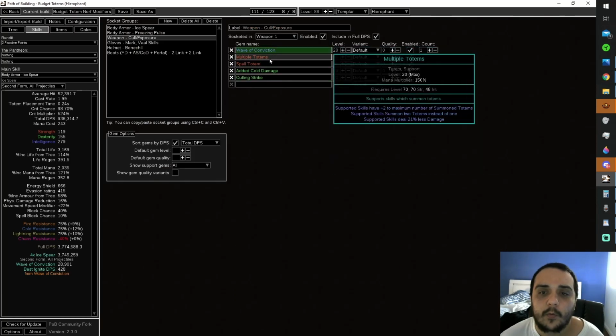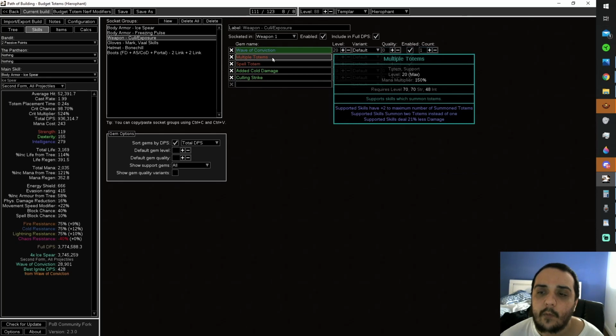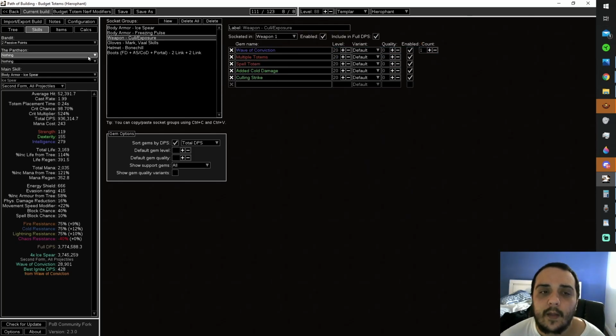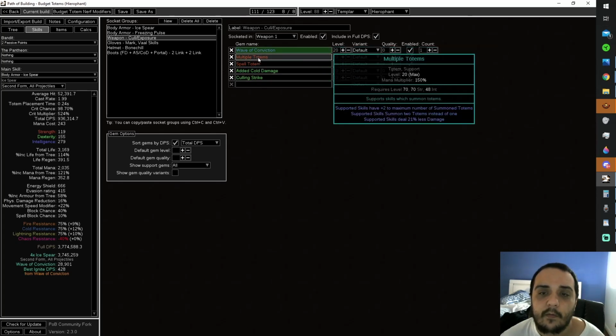We don't want to use multiple totem support in our main links because that's going to take up a support gem slot, which is going to give us a lower damage multiplier overall and decrease our DPS compared to just running another support gem. We still do want the 5th and 6th totem out, however, for the sake of that ascendancy node. So we run a utility totem setup where we can get the 5th and 6th totem out as